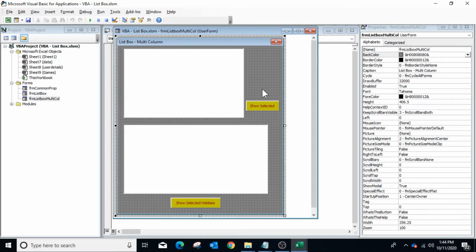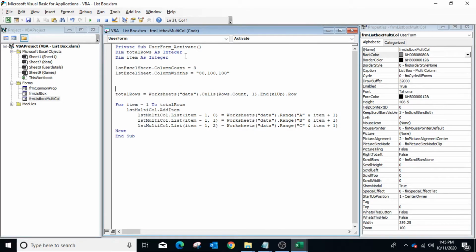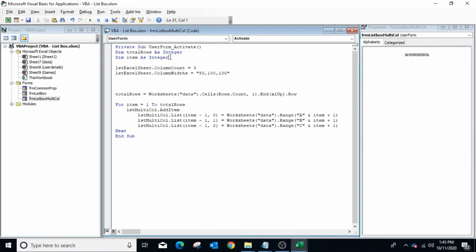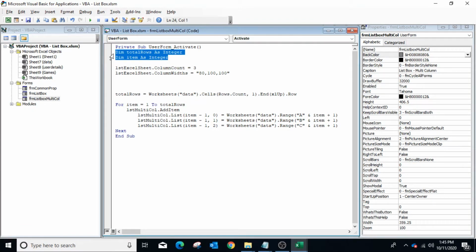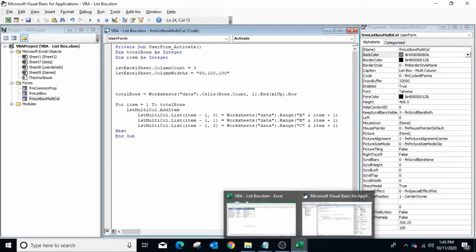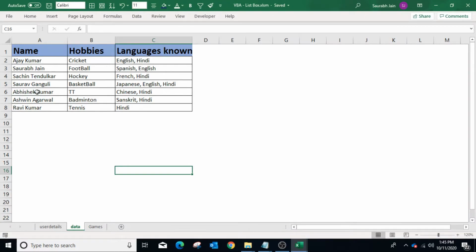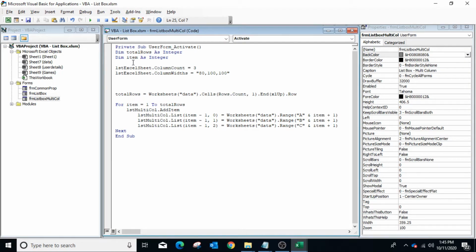So to populate the data in the first list box using the add item method, double click on the user form, and in the activate event we have defined two variables: total rows, to identify the number of rows available in the Excel sheet, and the variable item to run a loop.